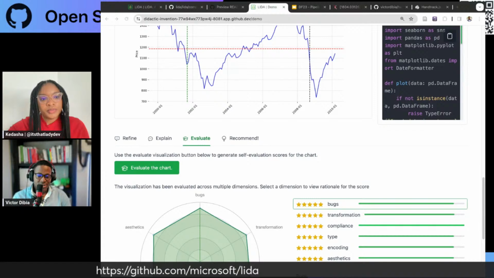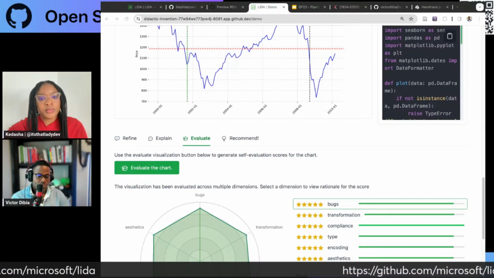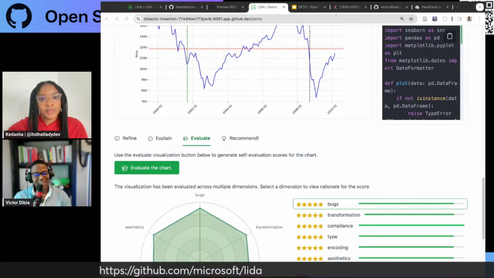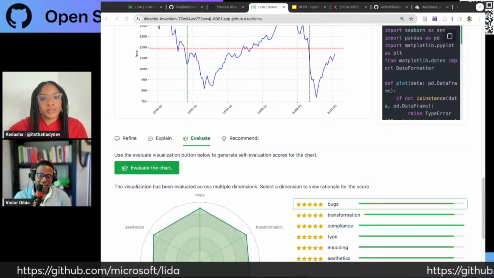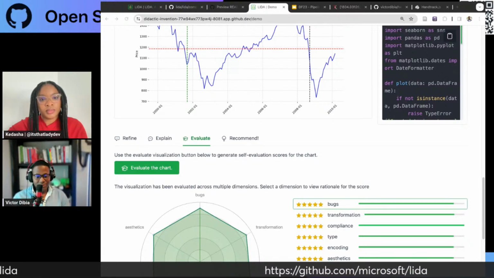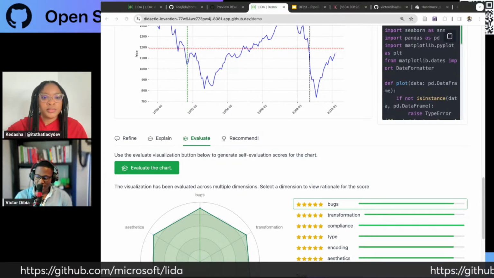Visualization quality is a fairly subjective thing, and so things like aesthetics, encoding, some of those aspects are subjective. So ideally, we would need some human expert to do that. But in practice, you want an approach that's offline, and